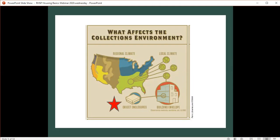Why is artifact housing and the design and quality of it so significant? Well, of course, a box, folder, or envelope is a basic container that signifies a commitment to intellectual control or celebration of an artifact. More importantly, though, a housing is the first line of protection between an artifact and its ambient environment. Here, I present a detail of an infographic that CCAHA produced with the University of Pennsylvania Libraries in